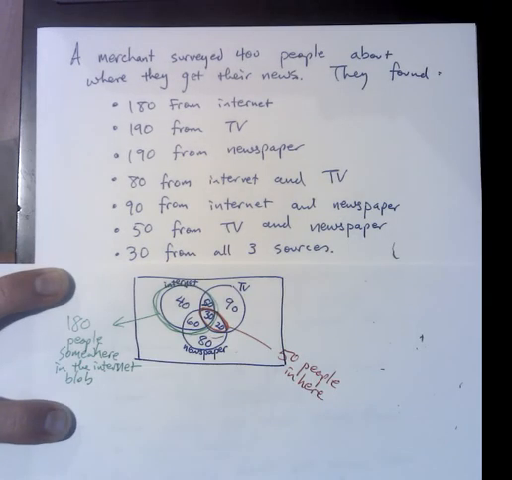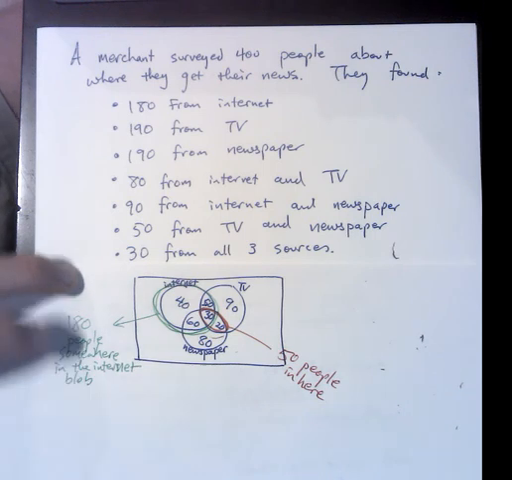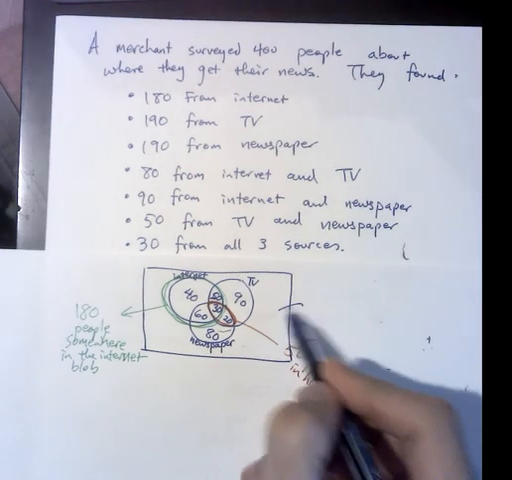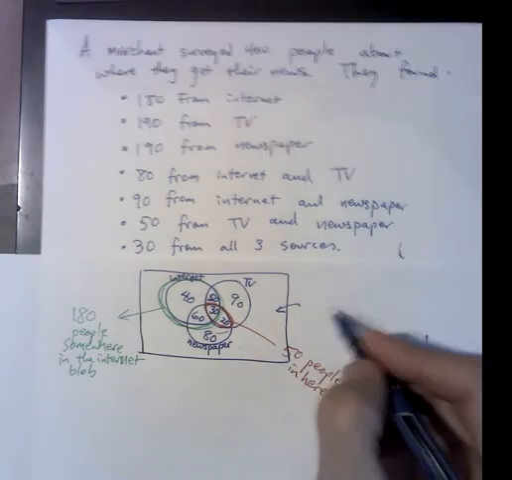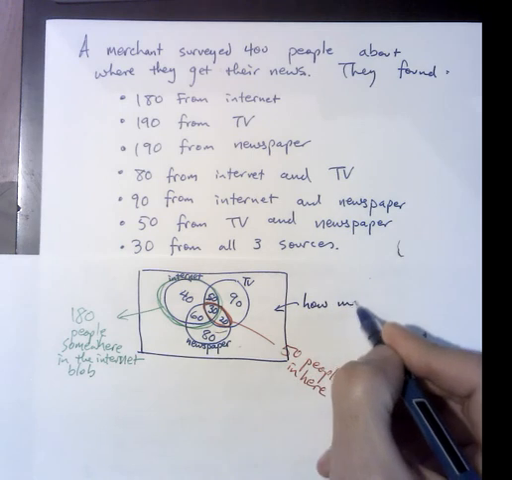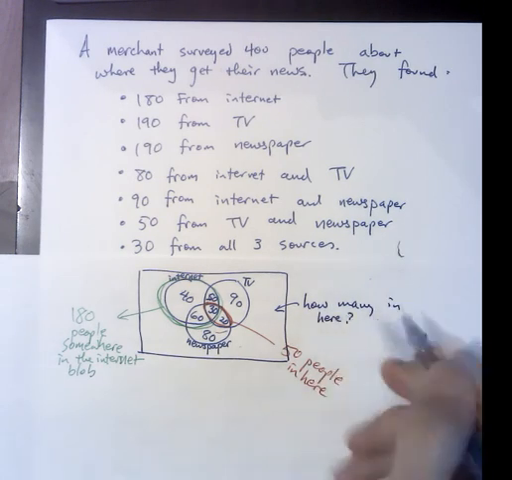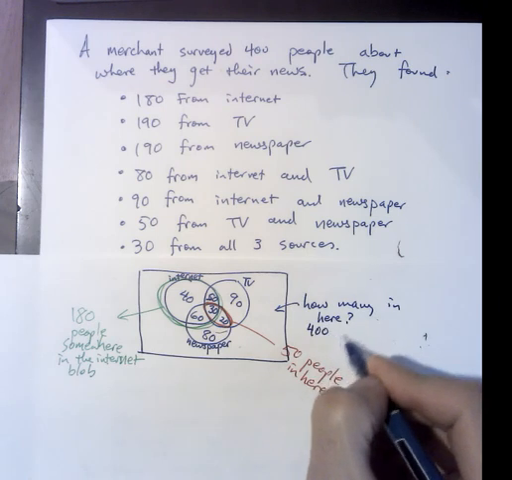So that's how we're going to do this. We're going to fill in the Venn diagram from the inside out. Now, there's one part of this Venn diagram that still has yet to be filled out, and that's the outer portion. So how many people are going to go in there? Well, we know that there's 400 total,